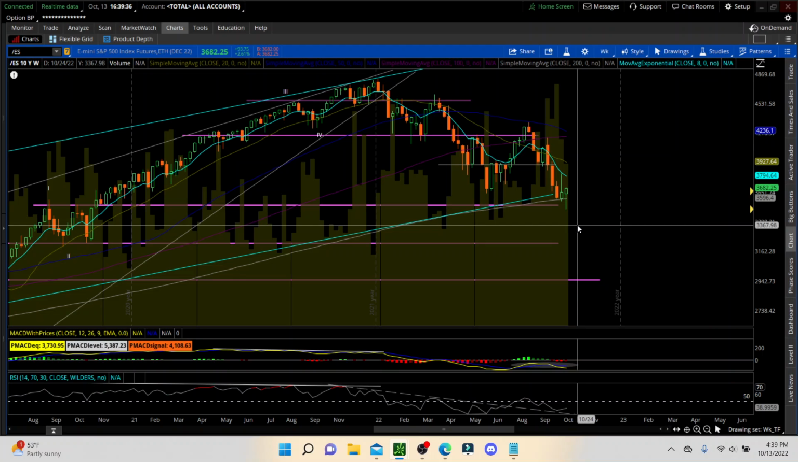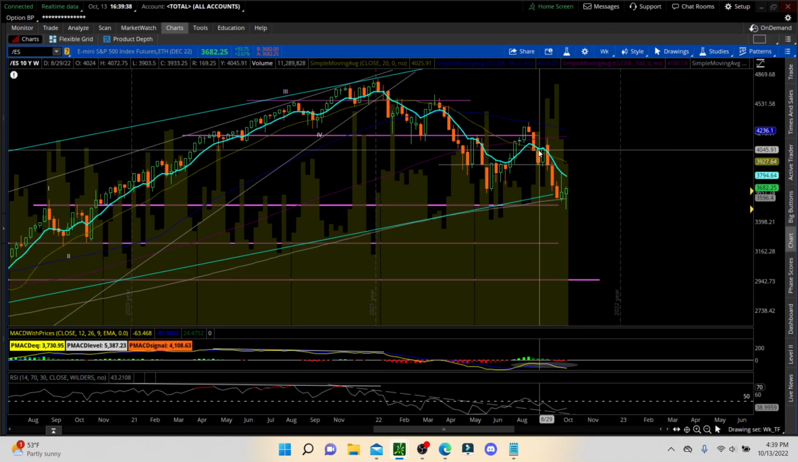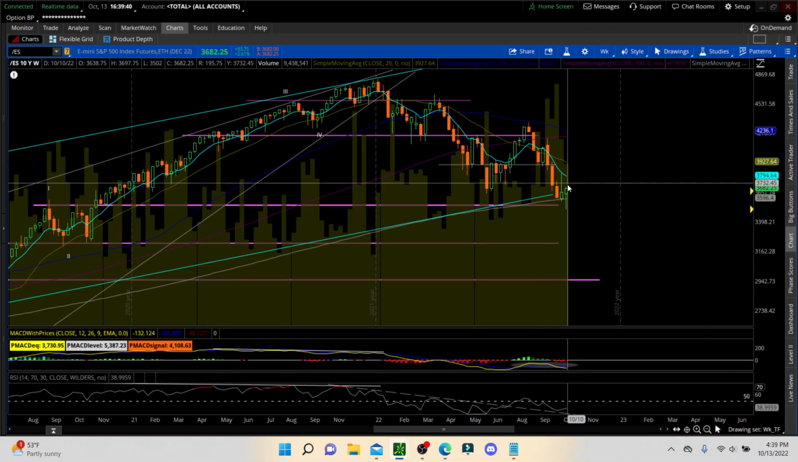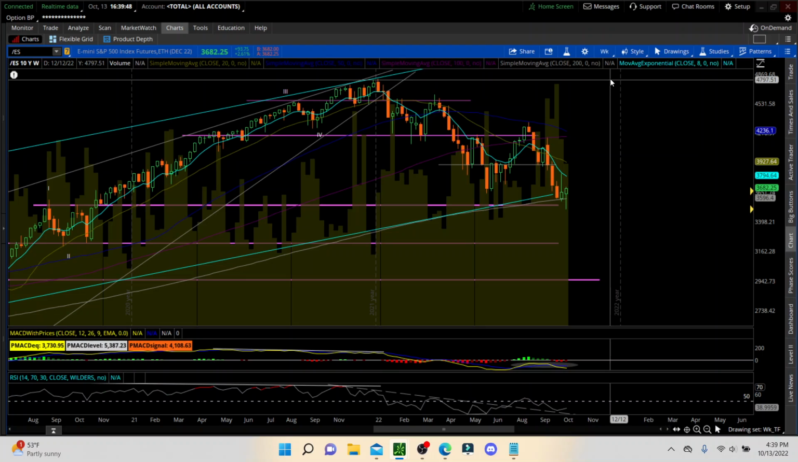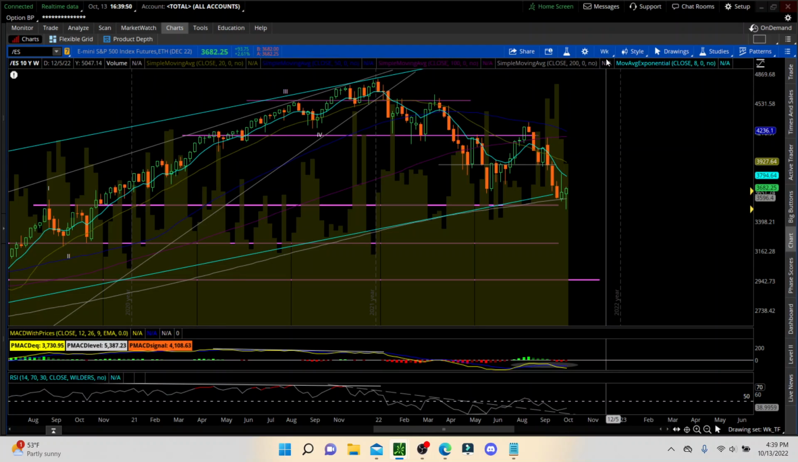And I continue to think, but just remember this 8 EMA, we're below everything here except the 200. So there's zero bullish about this chart. We're simply looking for a bounce if this continues to move higher. Now,